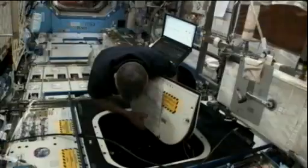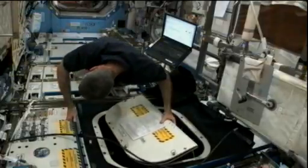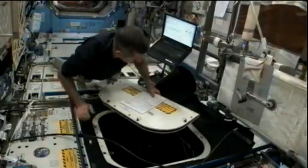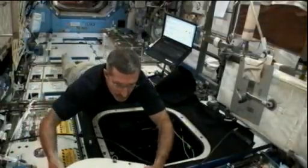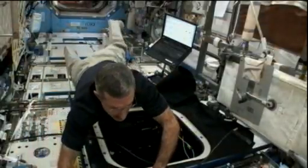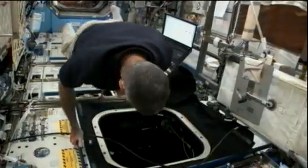On board today, Dan Burbank participated in a public affairs event talking with CBS News in Florida. And then following that, he is doing a range of experiment work today, including some repair to the International Space Station agricultural camera. This camera is mounted in the Window Observational Research Facility on board the station, and its function is to take images in both visible and infrared light of vegetated areas in the northern Great Plains region of